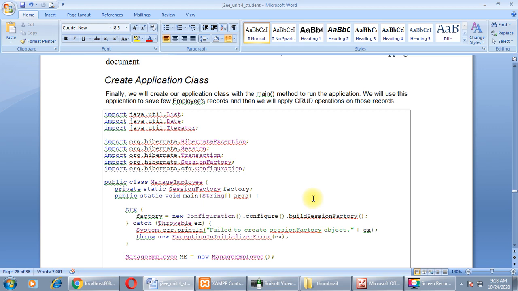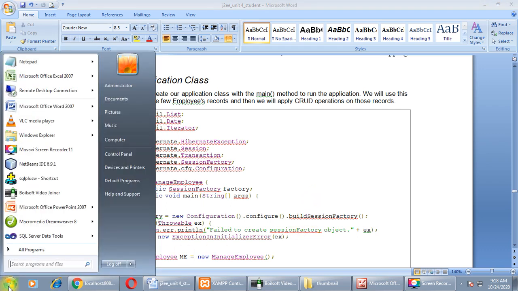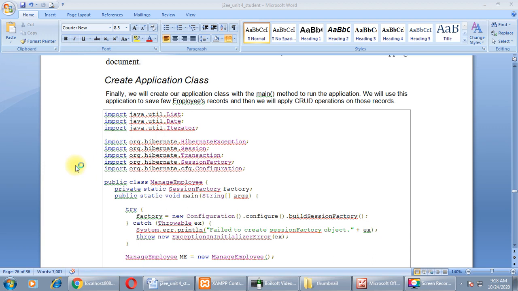Okay, before we begin with the application class, let me show you how to create a new project in NetBeans. For that we need to open the NetBeans IDE.